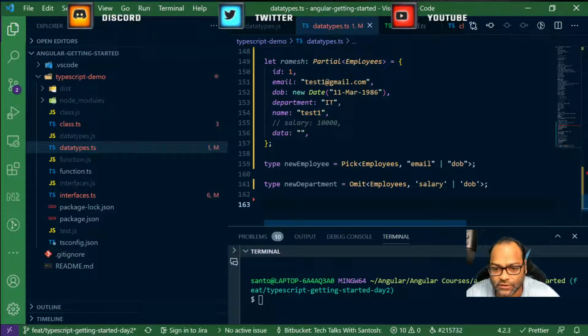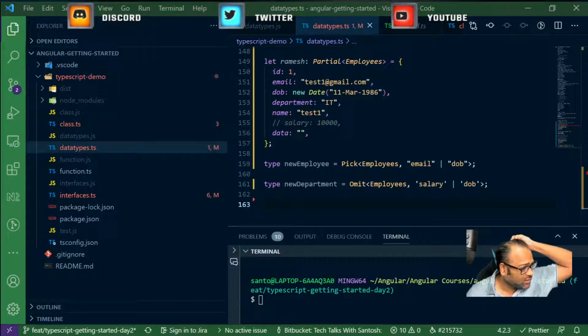But in case you need to be aware of more utility types, you can actually go to TypeScript docs, search about utility types, and you will come to know about all the utility types, because there is a possibility that they may add a new one, or there are more than this. What we have seen right now, we have not covered everything. So you can actually go to TypeScript docs and learn about it. So that's utility type for us.